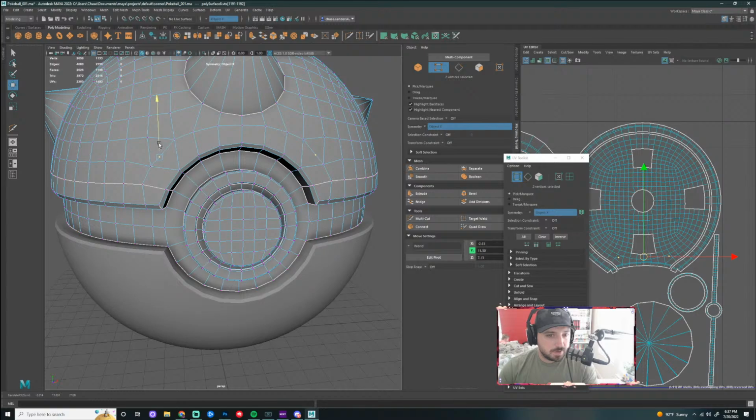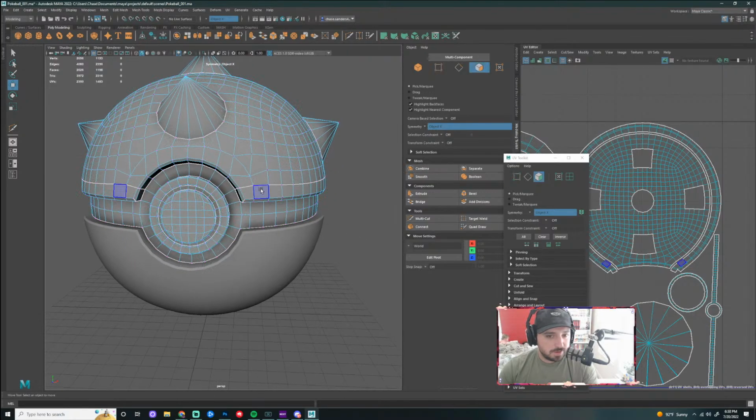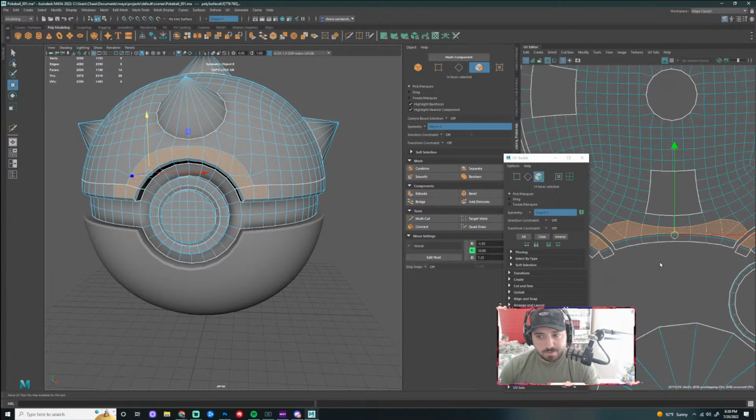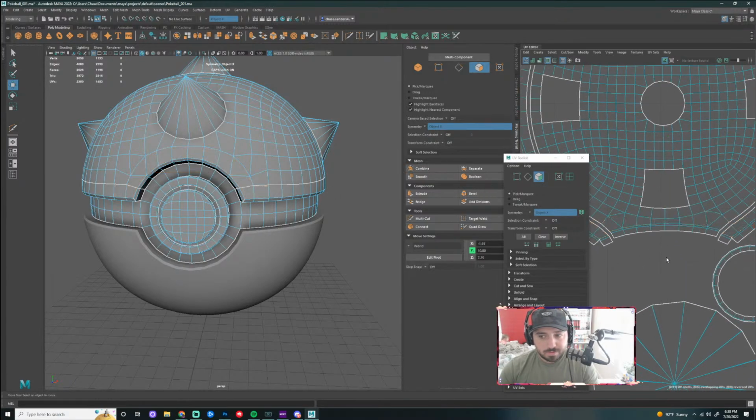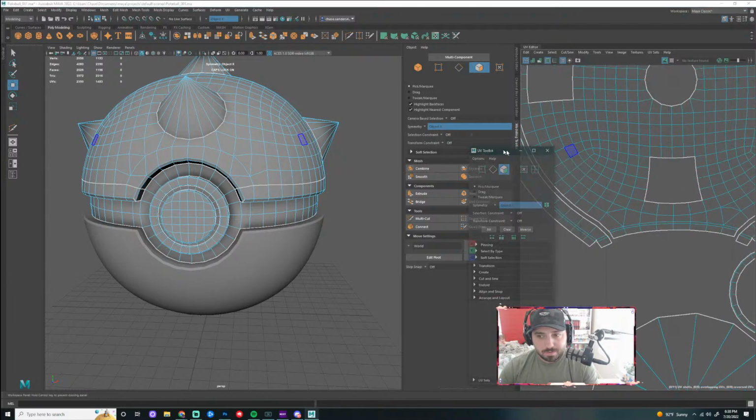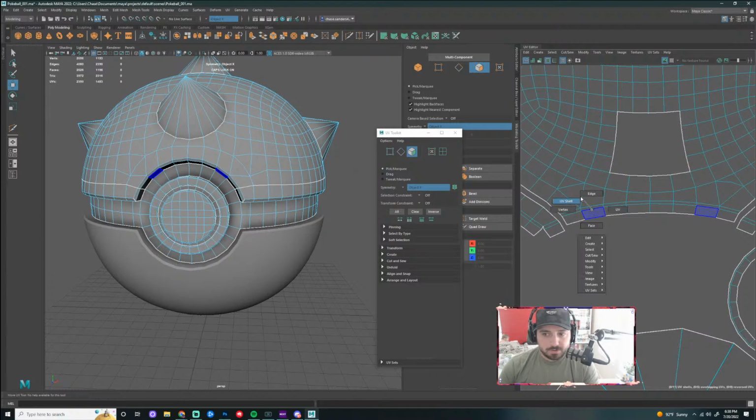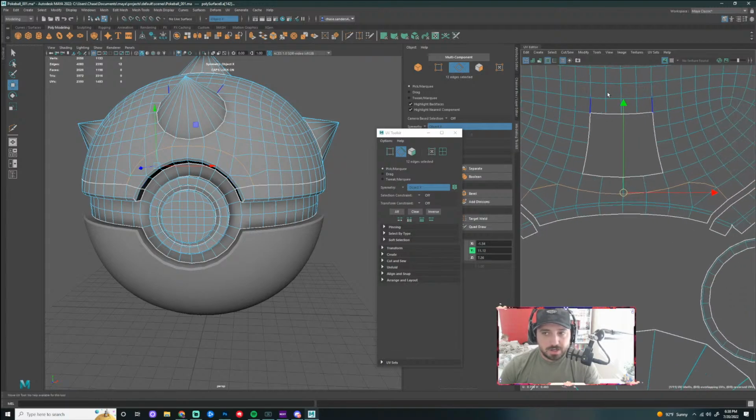What I'm trying to do is get a rounded loop around this. Because if I can, I could do something like this through here. 1, 2, 3. I don't know if you guys see the vision here. Let's see. Because what I can do is cut like this.